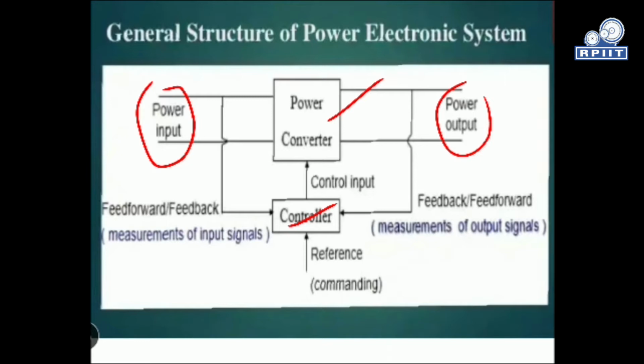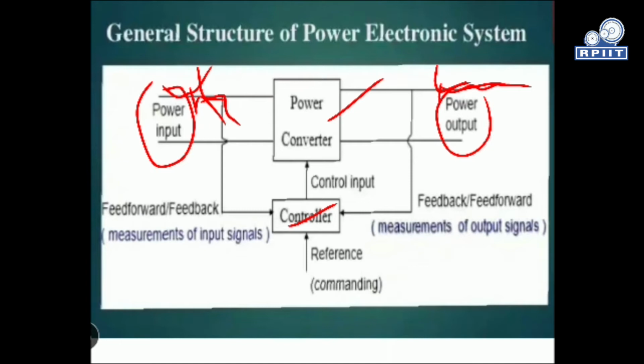Power electronic devices are basically conversion devices as well as controlling devices. We can say that as a conversion device, if the power level is low at the input, we can convert it into a high level of power as well. If it is in watts, then we can convert it into megawatts, gigawatts, and so on. That is also the work of a power converter. In the same way, the power converter can behave like an inverter or a rectifier. If AC is here, then we get DC, and if DC is here, we get AC. So the simple idea is that it also behaves as a conversion device.